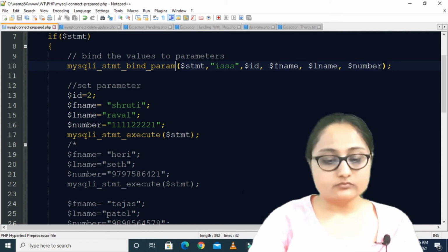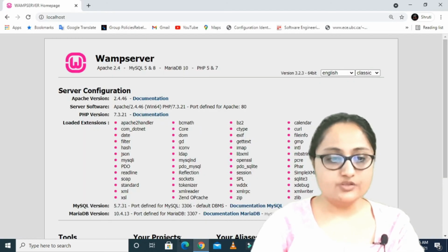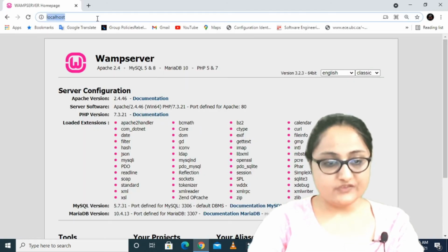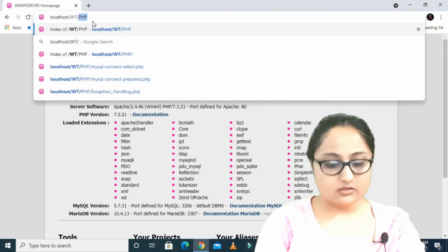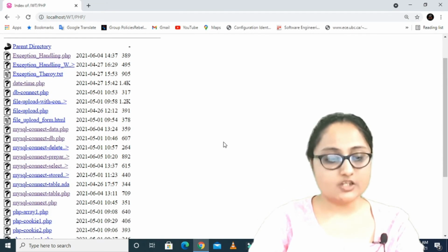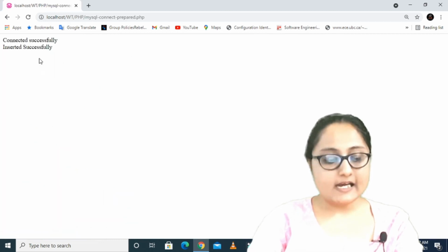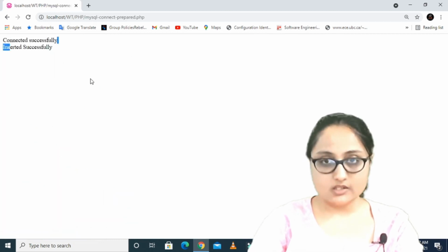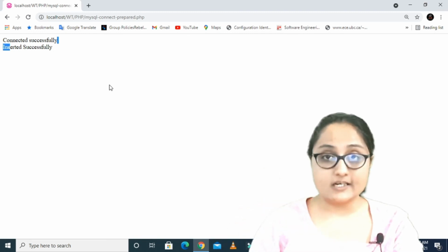Okay. So you know that for running this you have to open localhost, and my file is basically stored inside wt php, and the file name was mysql/connect/prepared. So if I click this file, I get "connected successfully, inserted successfully." So it means my data is inserted successfully in the database table.